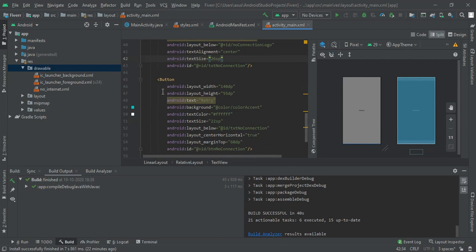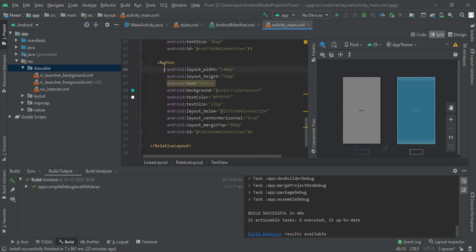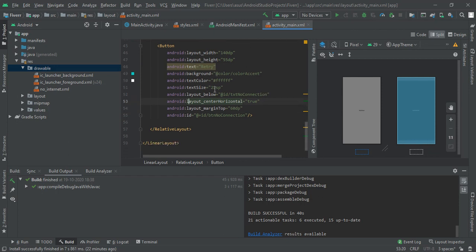And then we have created this button, so its height will be 55 dp and its width will be 140 dp, and we had said its text will be retry and background will be the color asset, and we had declared its text color to white and its text size is 22 sp.